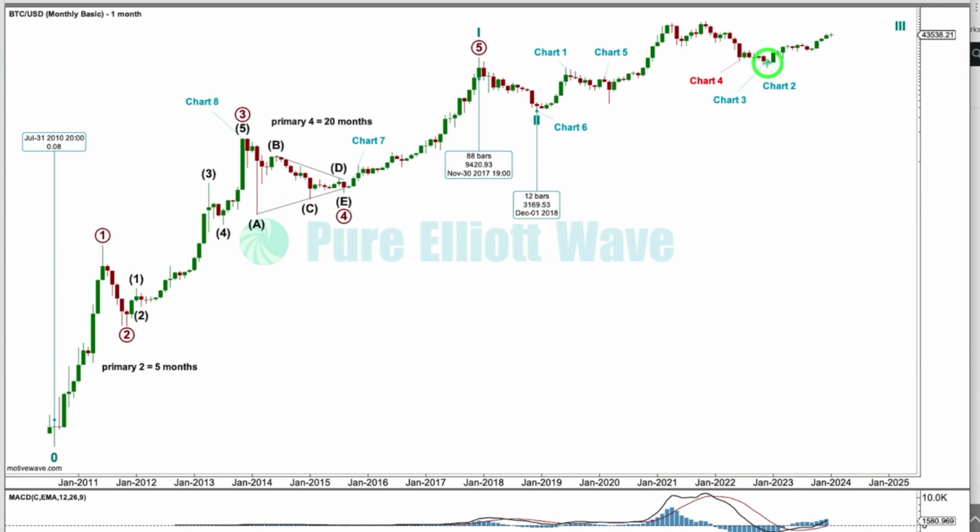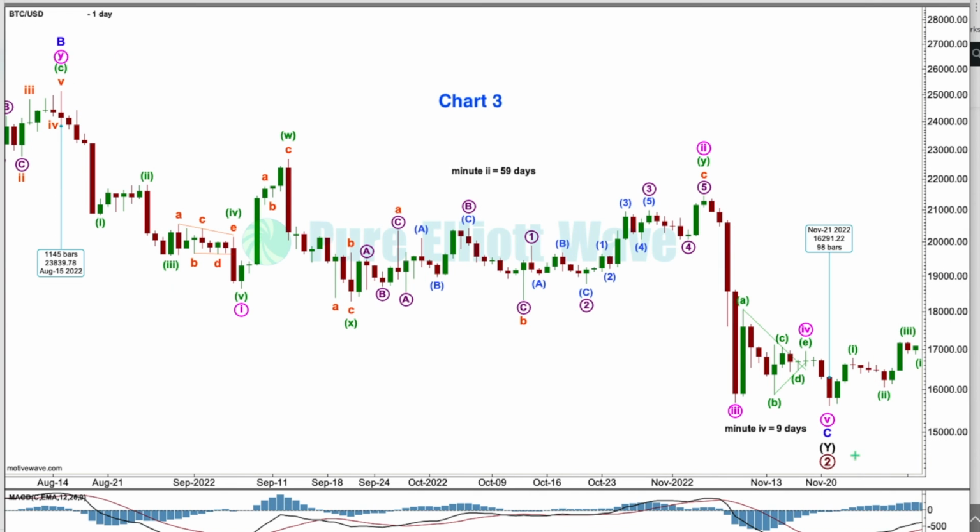Third chart, we're going to look at the end of a bearish movement now to see if it can work in both directions. And I'm labeling this bear market as a complete double zigzag, and within the second zigzag, here's wave C, beginning here, ending here, a 5-wave impulse. We've got 1, 2, a double combination, 3, 4 a triangle, and 5 relatively short. 3 is the longest actionary wave. Now the problem here is an enormous disproportion. 2 has lasted 59 days and 4 has lasted only 9 days. Now again, you're free to have a different Elliott Wave count that sees this movement as a zigzag, but you're going to have to fit that into the bigger picture.